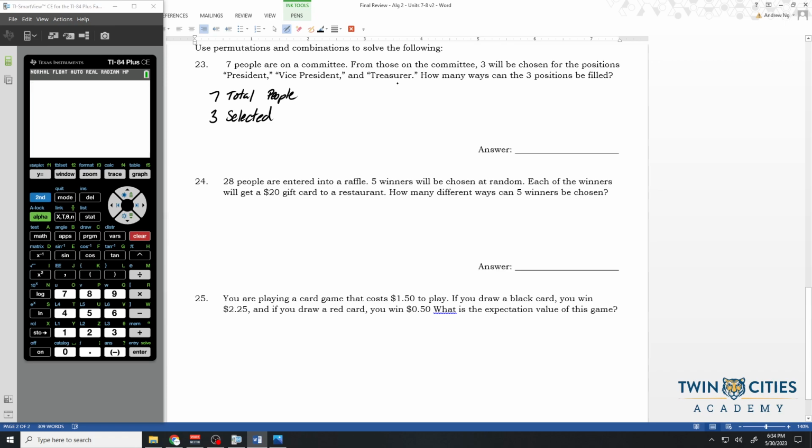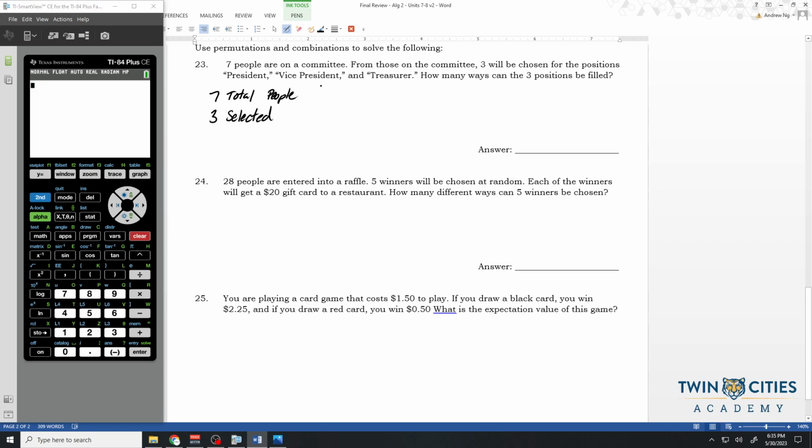Because being selected first, assuming that they're choosing randomly, is different than being selected second. Let's say the first person selected is president and the second person is vice president. Well, in that case, I would much rather be president. I'd rather be selected first. Being president means you've got a little more authority. Vice president means that you're still kind of